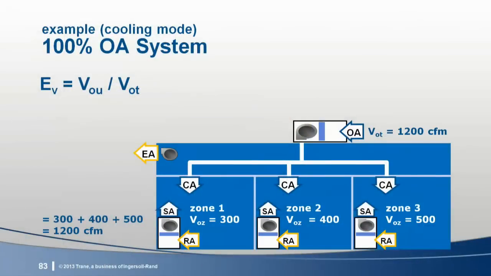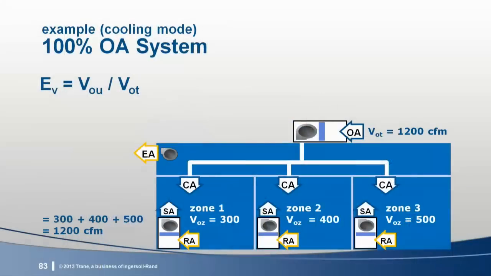As defined by Standard 62, system ventilation efficiency is the sum of the outdoor airflows required in all the breathing zones, V sub OU, divided by the outdoor airflow that enters through the system level intake, V sub OT. For most dedicated outdoor air systems, the intake airflow is equal to the sum of the zone outdoor airflows, each of which is based on peak zone population, with no credit for system-wide population diversity. As a result, system intake airflow is based on all zones being at peak population simultaneously, even though that's typically